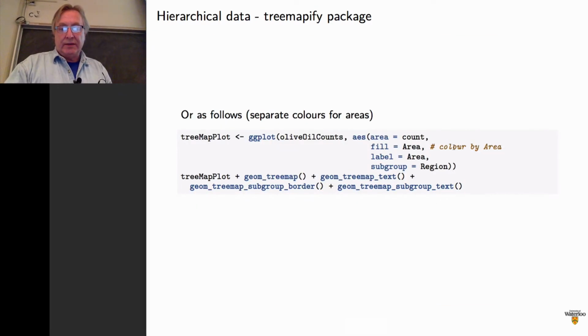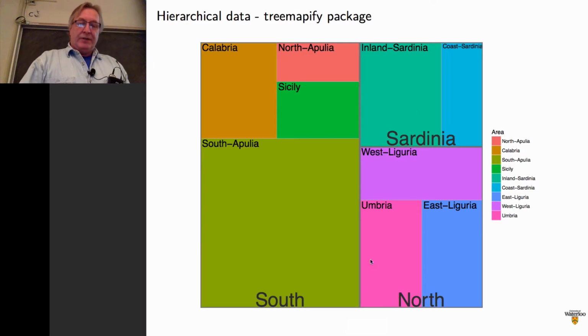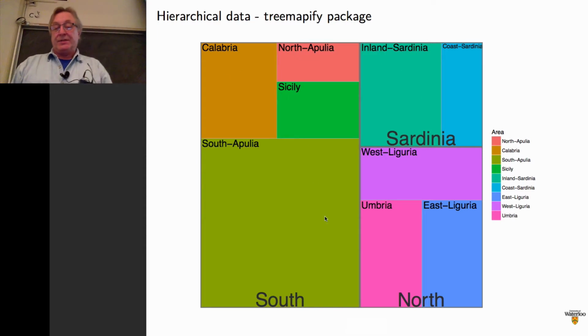Changing things up here slightly, I can get a color now for every one of the areas, so the areas are themselves more distinguishable. And some of those geoms were all about putting boundaries around each of the large regions and labeling the pieces. This is a nice effect, at least, that these labels seem to be out of each other's way compared to Treemap. Okay, so that's Treemap, and you can imagine thinking about how could I improve on that? How complex might the algorithm be to try to figure out a nice layout? But it is going to be this recursive laying out